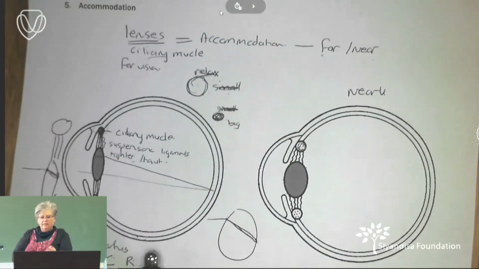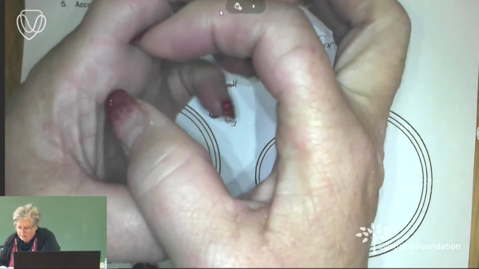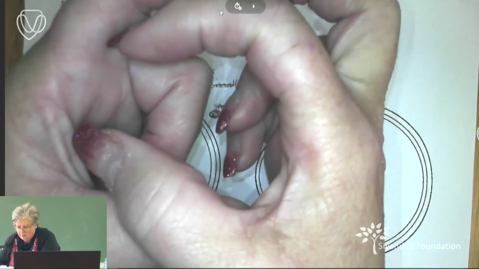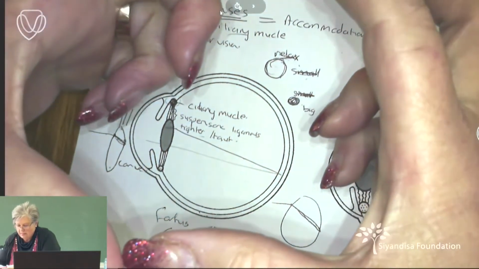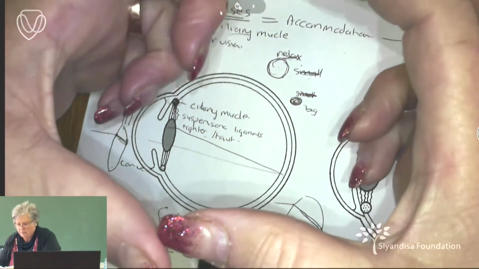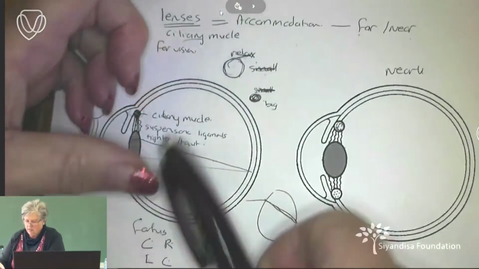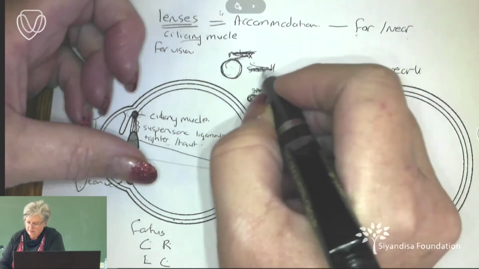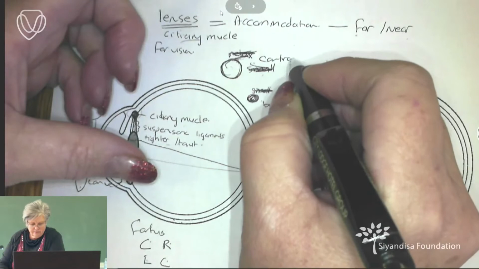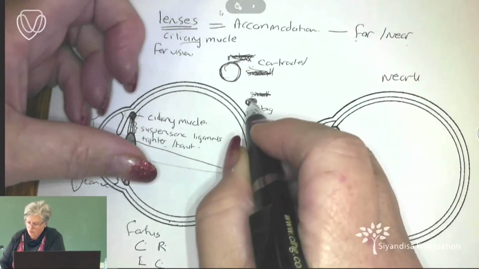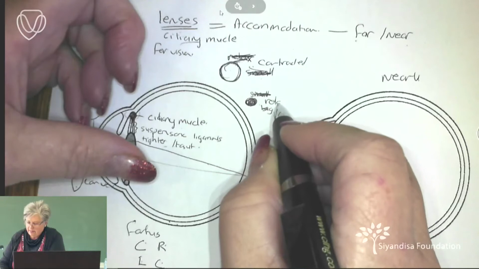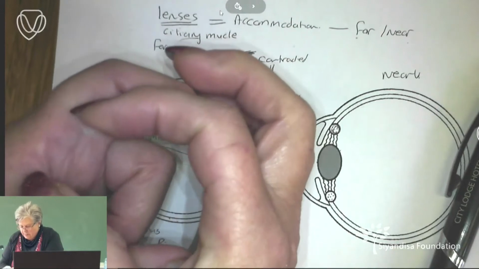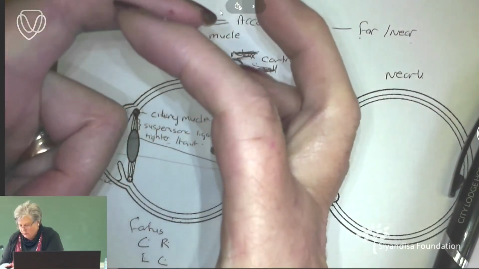So let me explain it like this. If I have a rubber band, when the rubber band is relaxed, it's this size. But when it contracts, it becomes bigger. Okay? So when the ciliary muscle is big, it means it is contracted. And when it is small, it means it is relaxed. A rubber band, if it just lies there, it's small. But as we contract it,